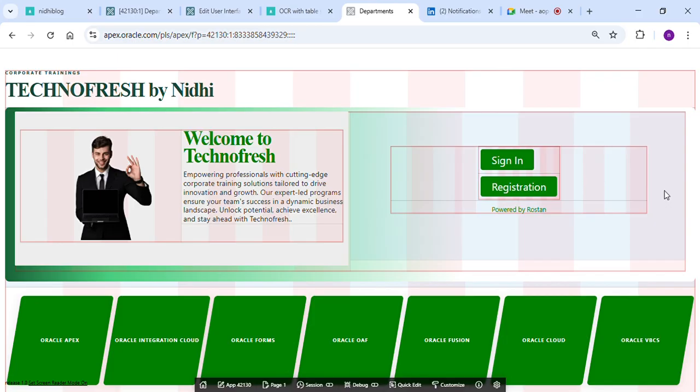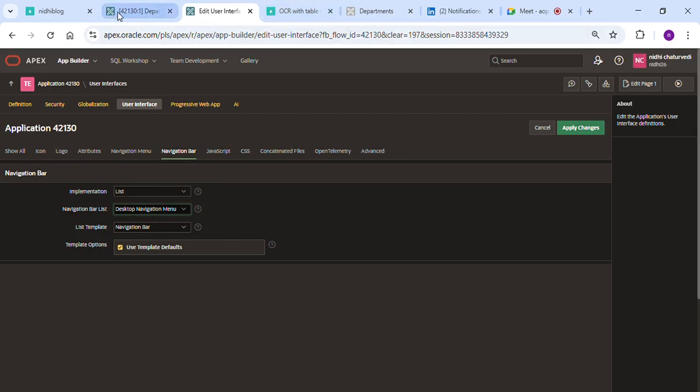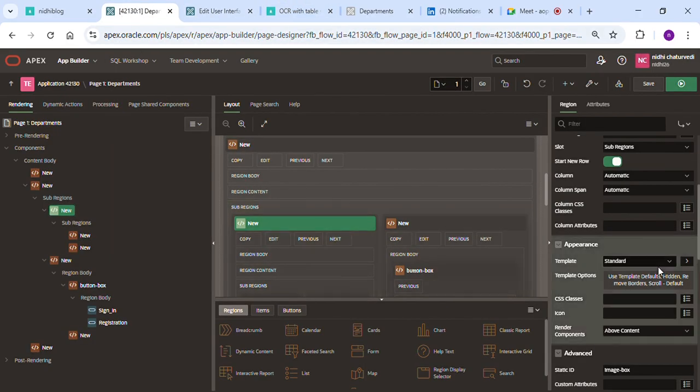So this is the second tip. If you are going to create the sections and you have a lot of content, you can easily manage which sections follow which template, standard or blank attributes.